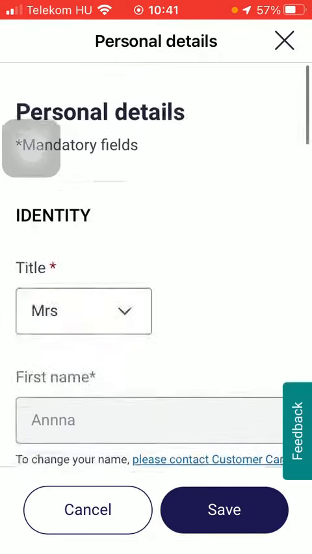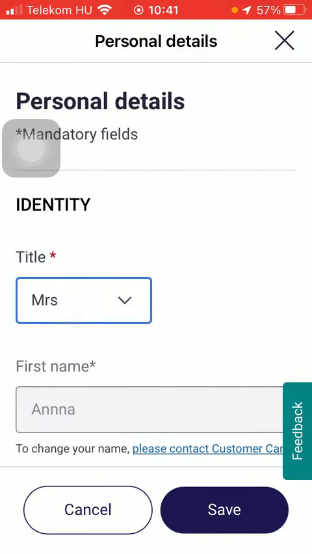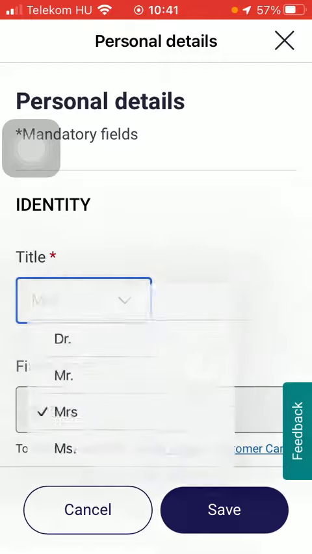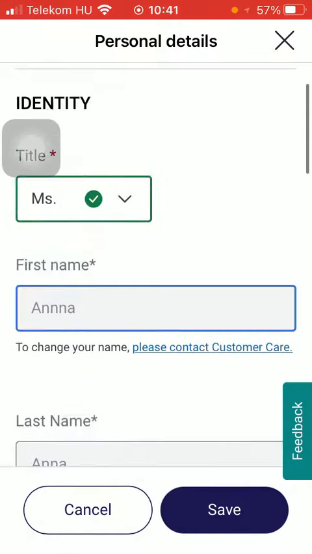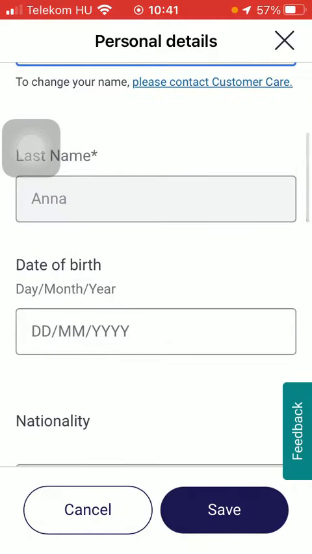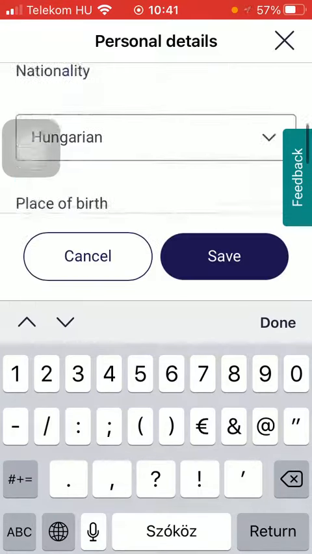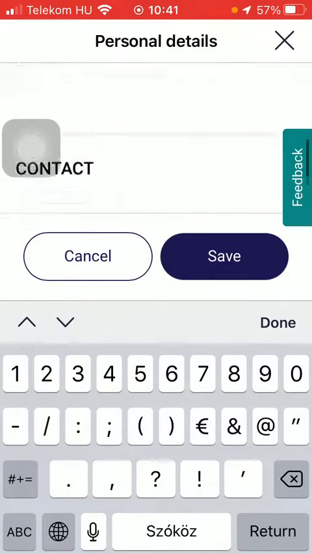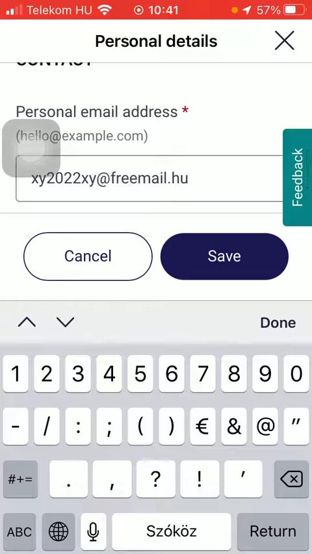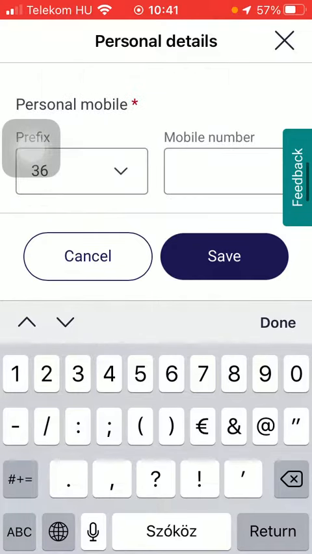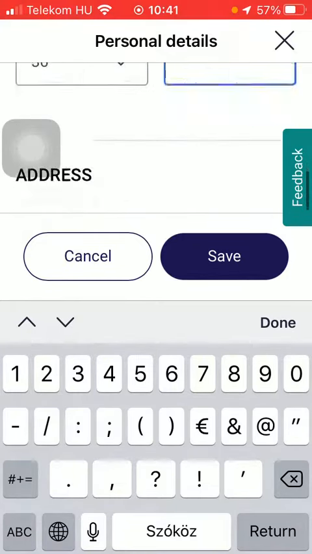Scroll down and then you can select your title. Then your first name should be added as well as your last name, then your date of birth, and then your nationality, your place of birth, and then your email address, personal mobile phone or phone number,